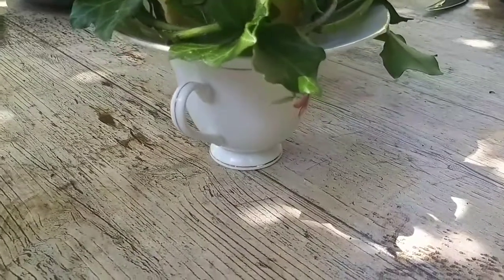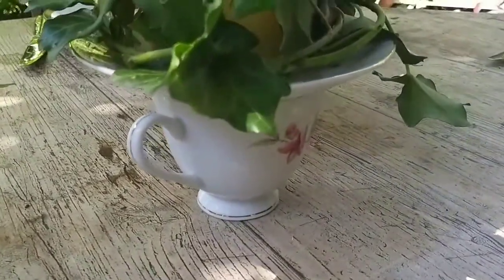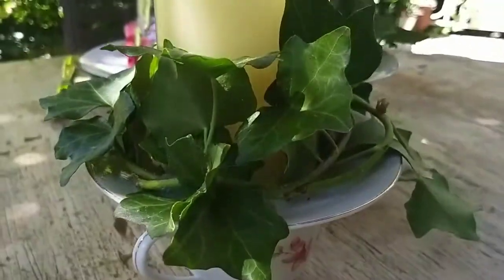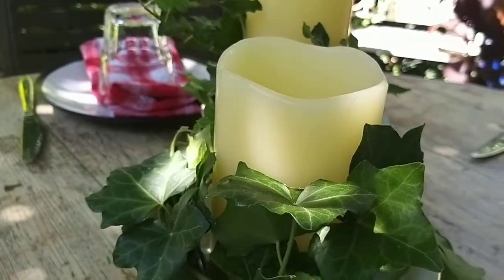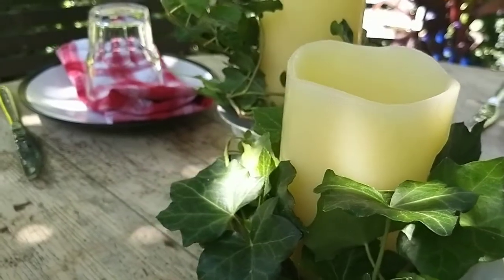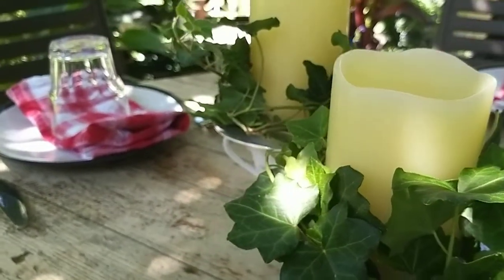I'm really pleased with the way these teacup candlestick holders worked out, but I can't decide now whether perhaps I should paint them and have them solid white. So you'll have to let me know in the comments whether I should leave them as is or get my